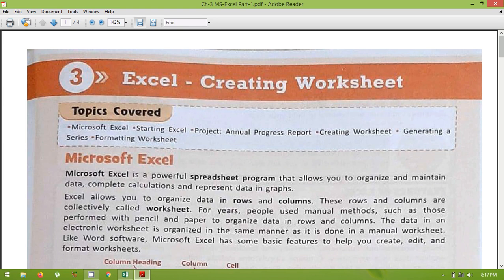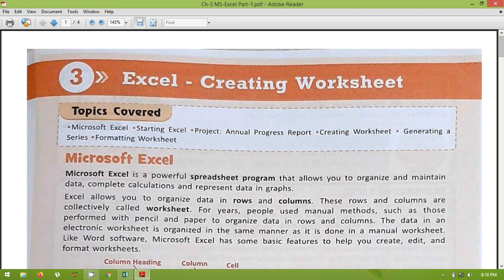So we can basically say that it is a spreadsheet program. Spreadsheet means it provides us the facility to present our data in the form of rows and columns. When you want to represent your data in the form of a table, in the form of rows and columns, then mostly we use this software.